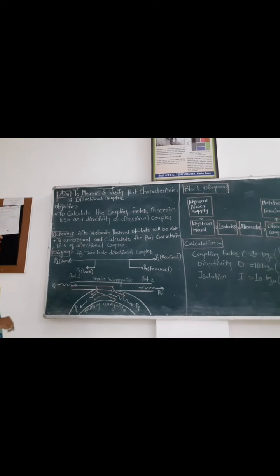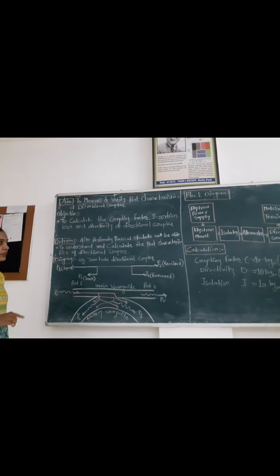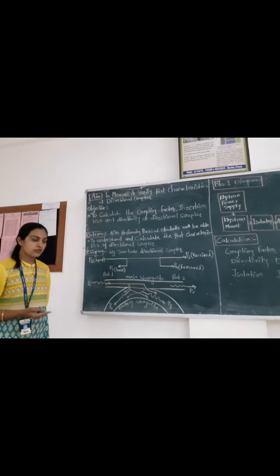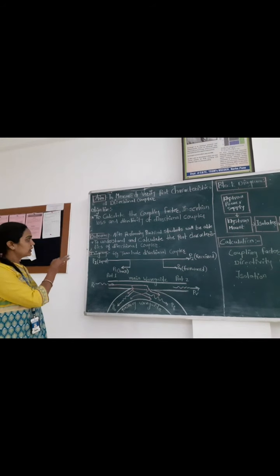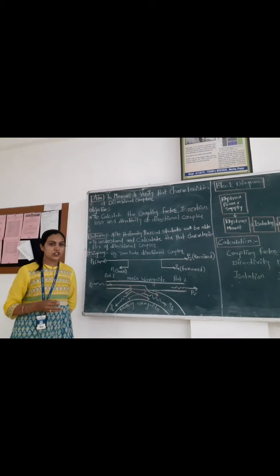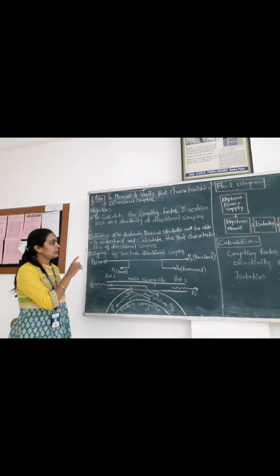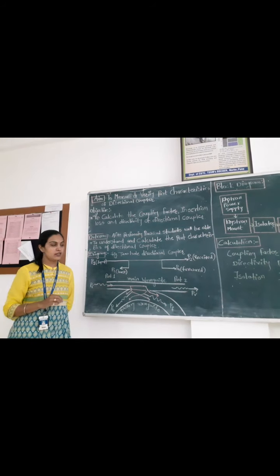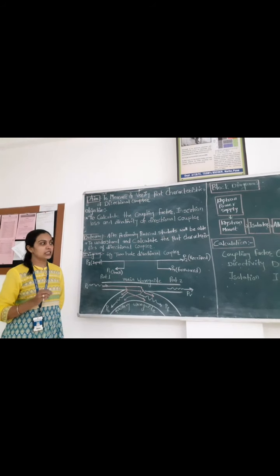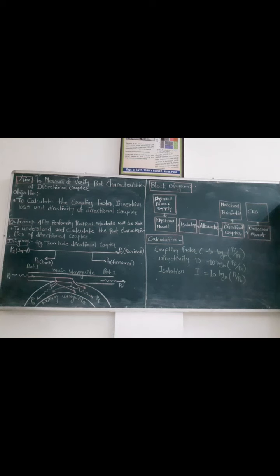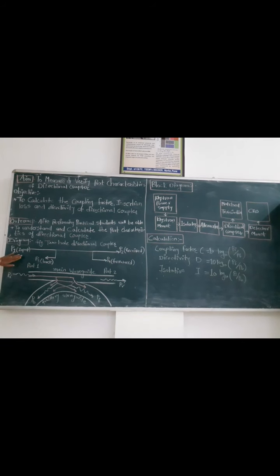By performing this practical, students will be able to understand the calculation and the port characteristics of the directional coupler. Now here by this practical you have to understand what is I equals C plus D, that is isolation equals coupling plus directivity. That is the important part we are going to learn in this practical by verifying the port characteristics of directional coupler. So first we will see the diagram.